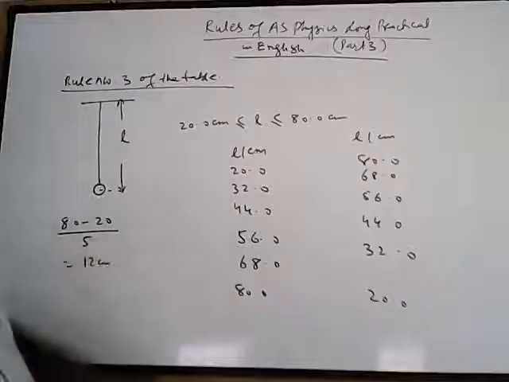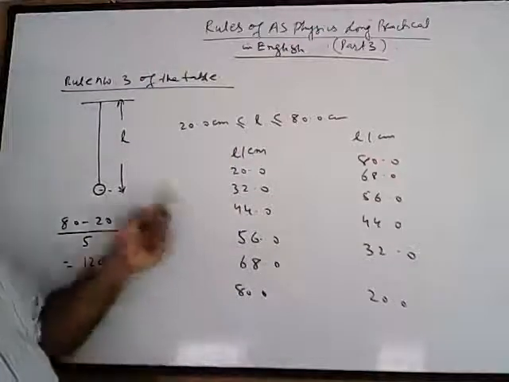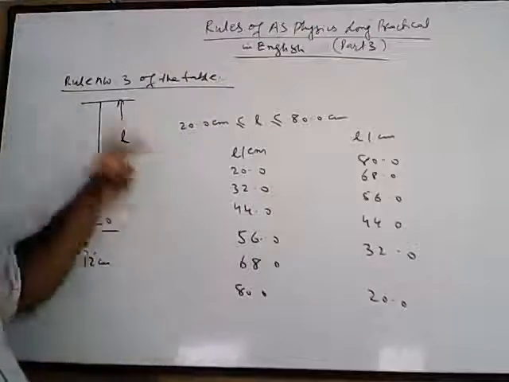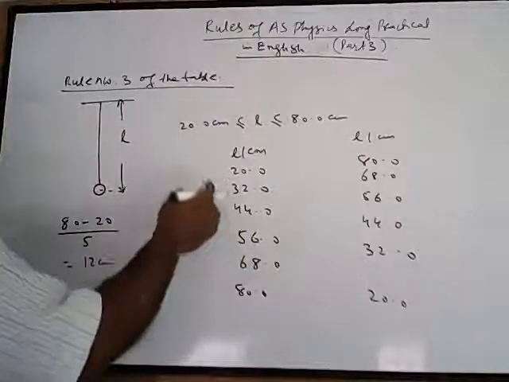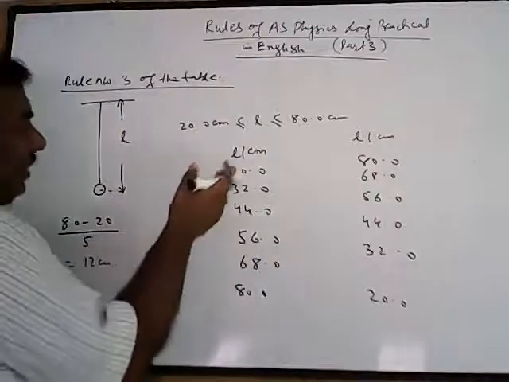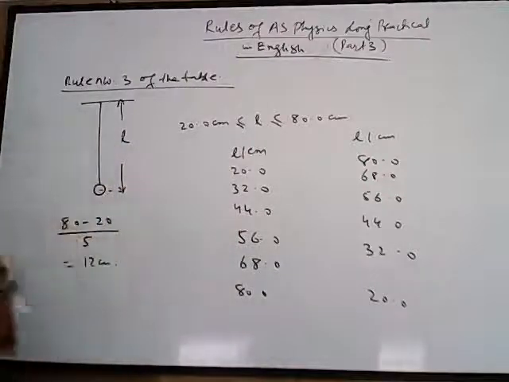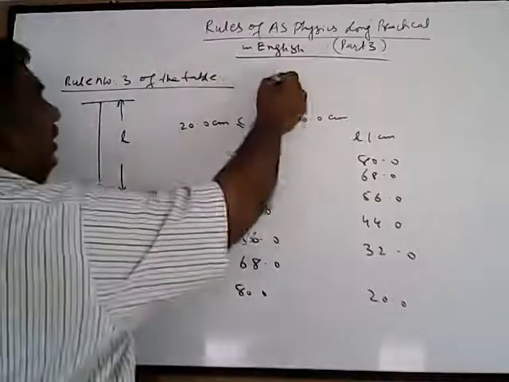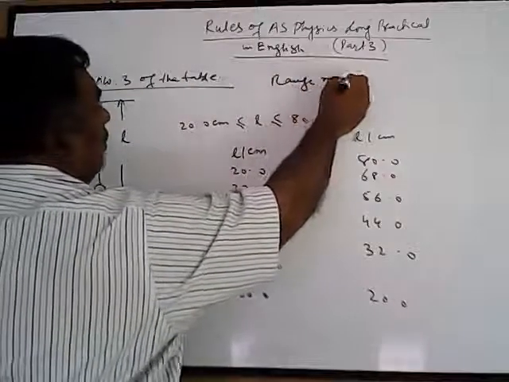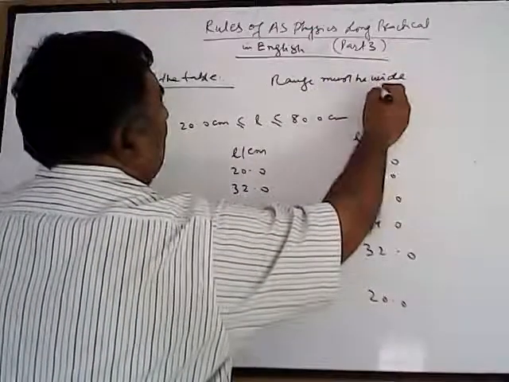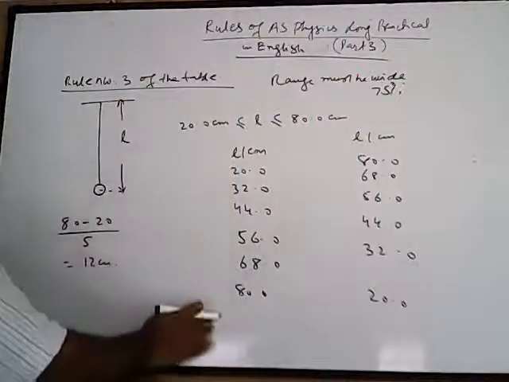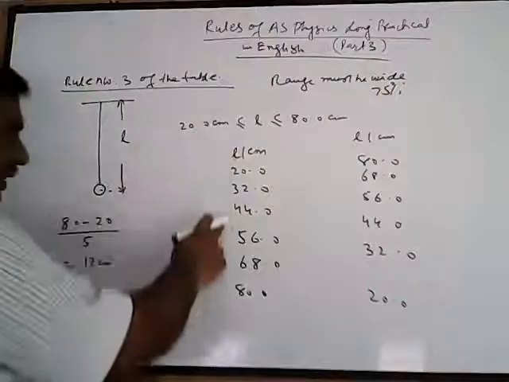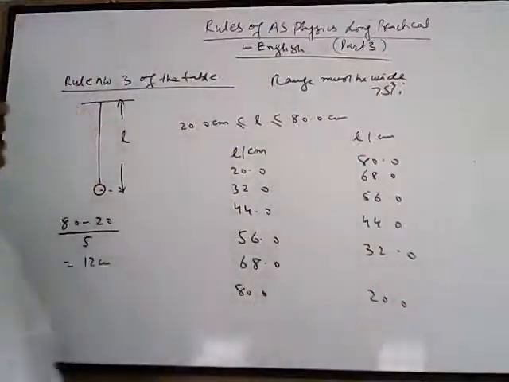Now see, all three things have been used here. Minimum and maximum values are used, the intervals are equal, and there is a wide range. A wide range always comes when you use the maximum and minimum values, because then we are taking a very wide range. The range must be wide; at least it should cover 75%. So you can see I have included both, with equal intervals, either in ascending order or in descending order. So these are the rules.